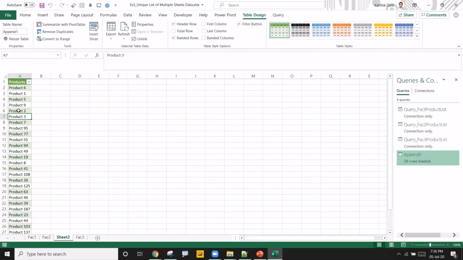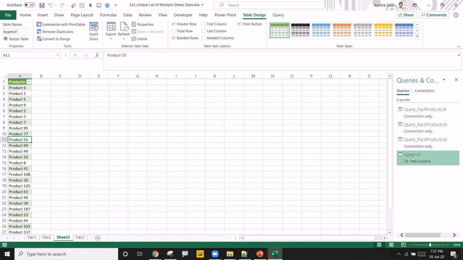It is showing all the unique products. You see that Product 1 is only once. It is not showing any more times, right? Product 1, Product 6, 5, and so on. You might be asking me, why don't you do the sorting here? Product 1 should be at top, Product 2, then 3, and so on, right? This step has already been done, I mean, loading into this. But after getting this data, our manager is asking, this looks great, but I want the data sorted, Product 1, 2, 3, like that.